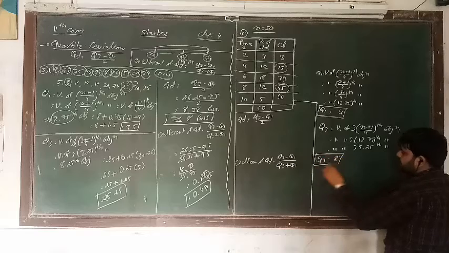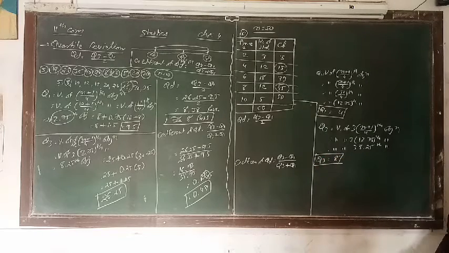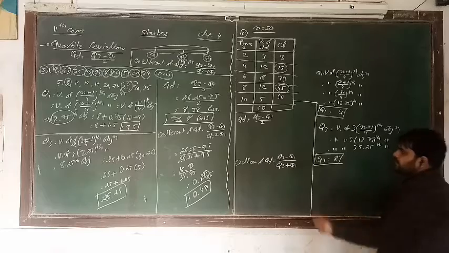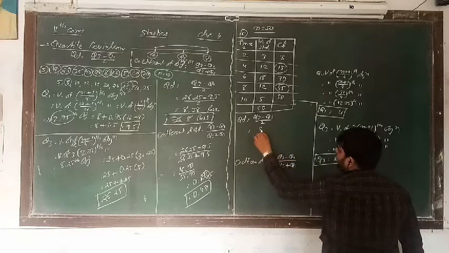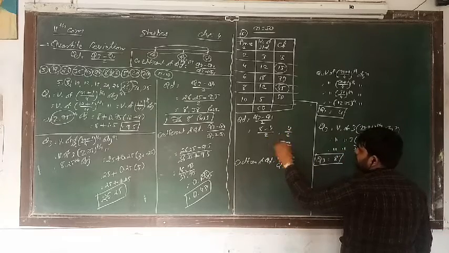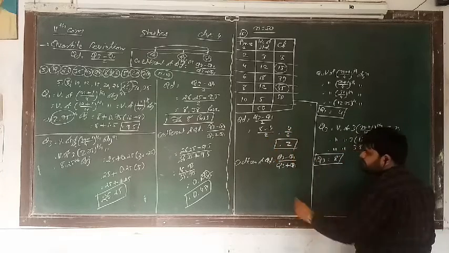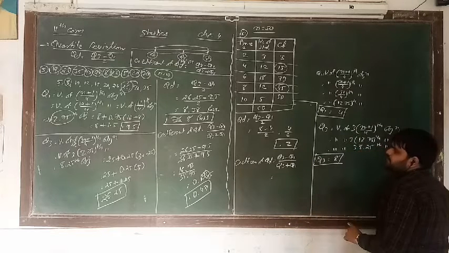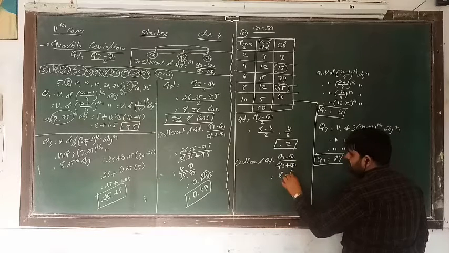equal to 8. Now we have both values, Q1 and Q3. So simple, what we have to do? We have to use those values in our formula. So here Q3 is equal to 8, Q1 is equal to 4, divided by 2. So 4 divided by 2, the answer will be 2. And here Q3 minus Q1, so 8 minus 4